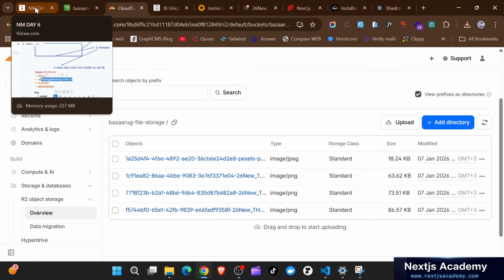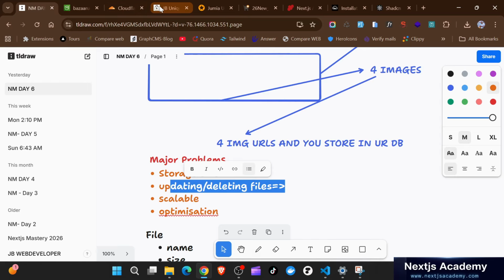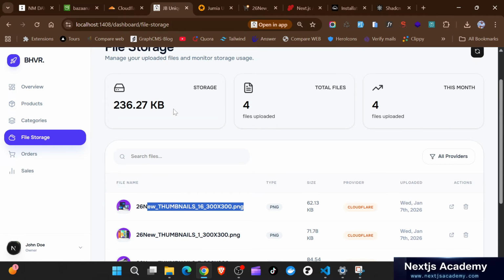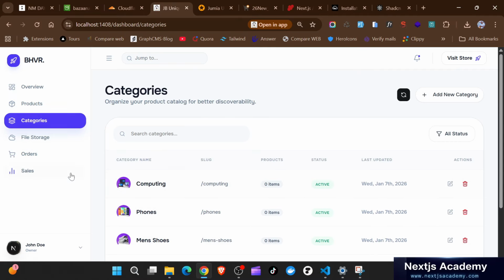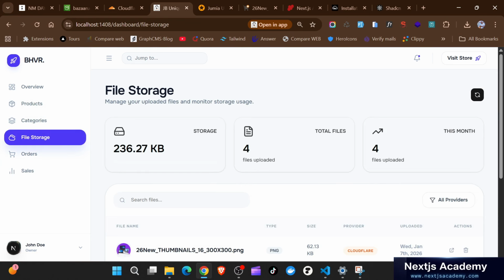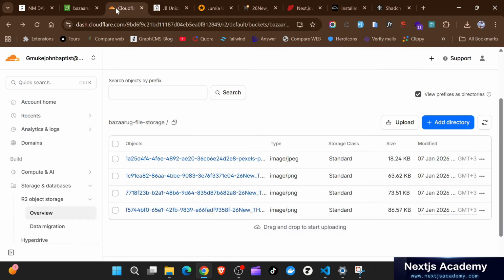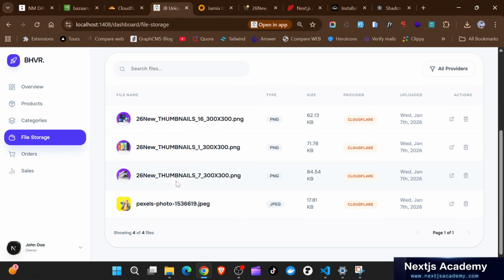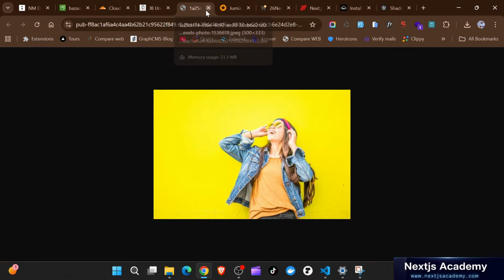And this is the high class way you're supposed to do it in your application. You're supposed to have a way to clearly manage this. If you upload a new category or you put in a new product, then you should see it reflecting in your file storage and also Cloudinary. So I don't need to go to Cloudinary to check. I just need to be in my app and I'm checking what is actually going on right now. I can also delete from this side, or you can click here to view the image here. Okay,